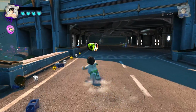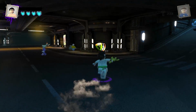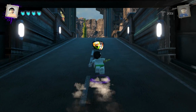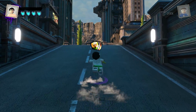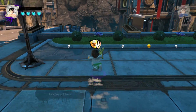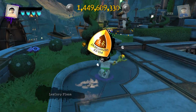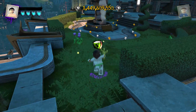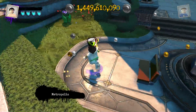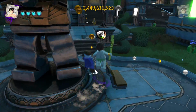So the reason that I've decided to make Namor is because Marvel are doing this Fantastic Four week. I think it's called World's Greatest Week for the Fantastic Four, basically. And what they're doing is essentially celebrating the Fantastic Four, because I think it might have been last year they returned to comics, and it was pretty much a big deal, and I think it was a well-received comic. And so since that happened, they've gone, okay, well, now we're going to make more comics with the Fantastic Four, which is great. And we're also going to be adding the Fantastic Four to video games, which personally I think